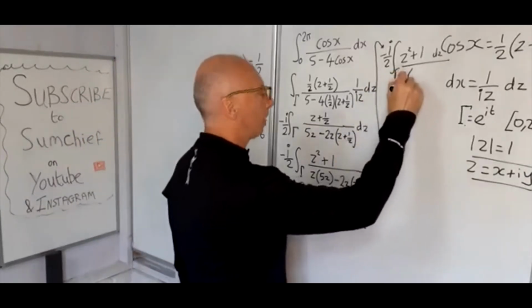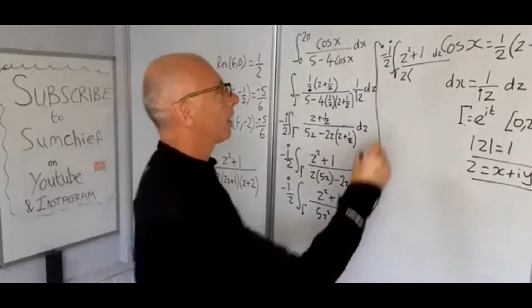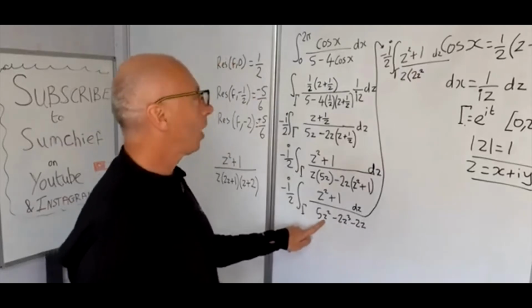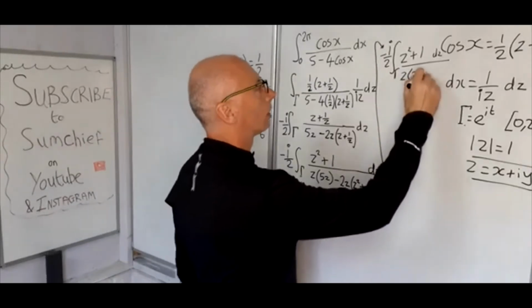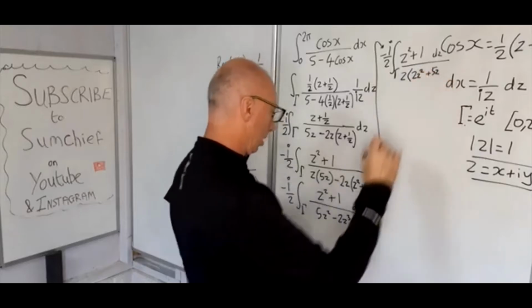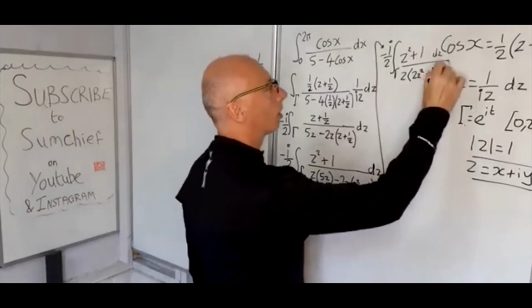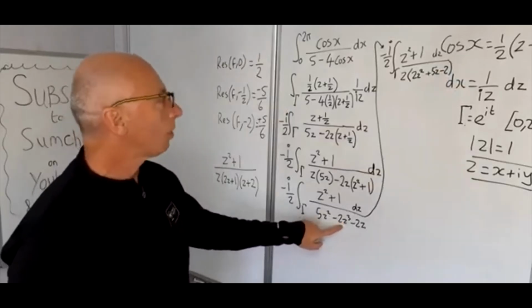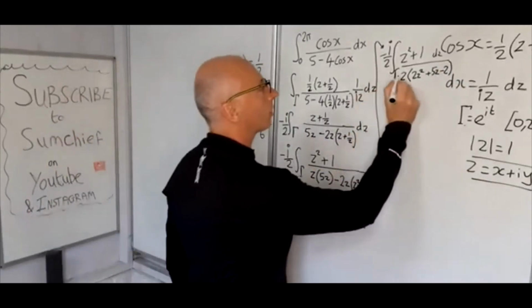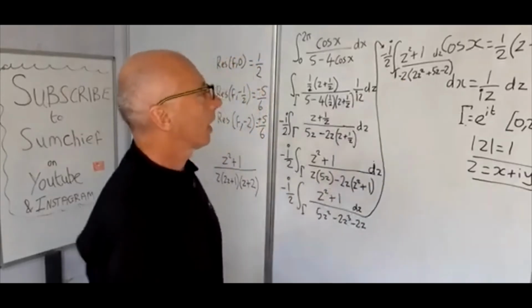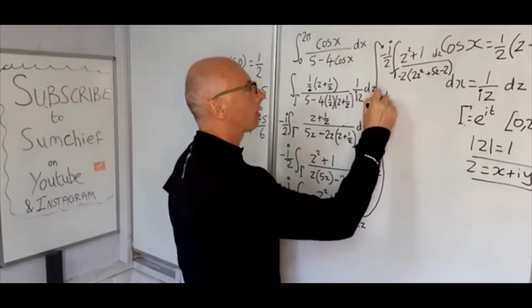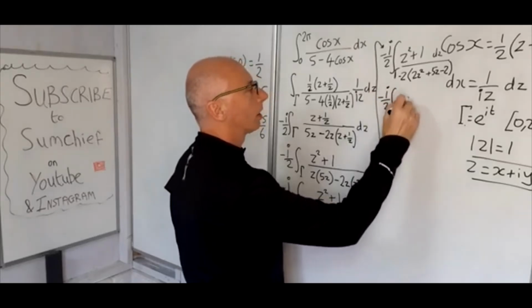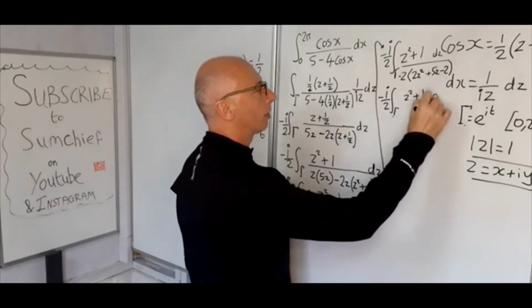So then we get z, 2z squared plus 5z minus 2. But then we've got this z cubed here is a minus 2, so bring minus 2 out the front. Okay, let's go again. So now we've got minus i over 2 integral on gamma z squared plus 1